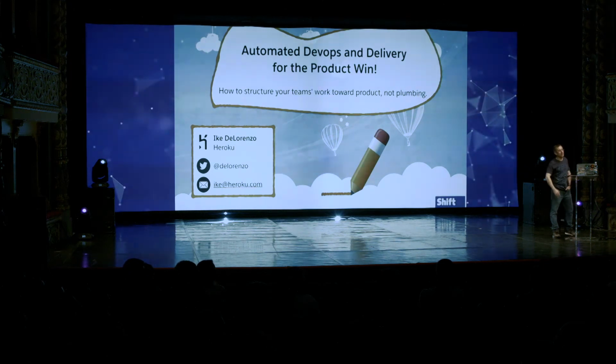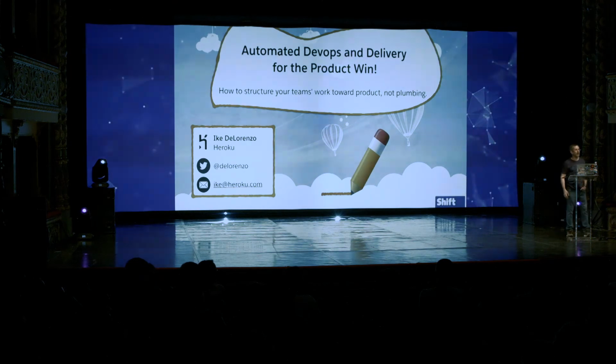It's really easy. A lot of people start on Heroku. You guys probably all know Heroku, we've been around forever. So you get this pattern of people who start on Heroku, and it appears to be more expensive than Amazon, because compute cycles are a bit more expensive, some database services are a bit more expensive. The theory is that you're going to use far fewer people and have fewer security problems, so you stay on